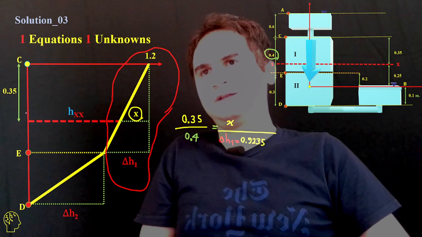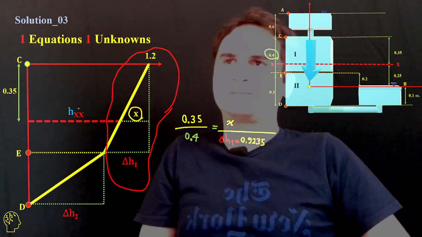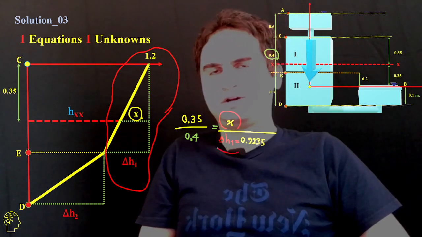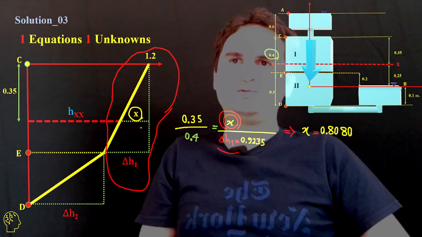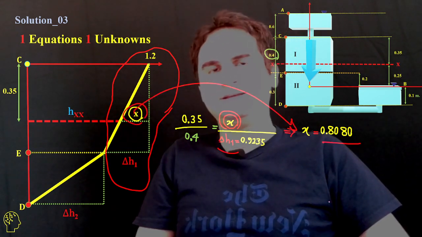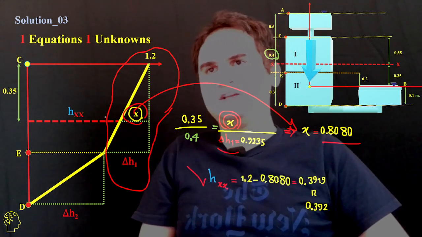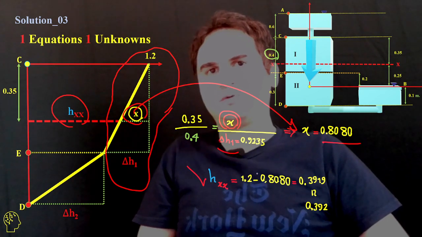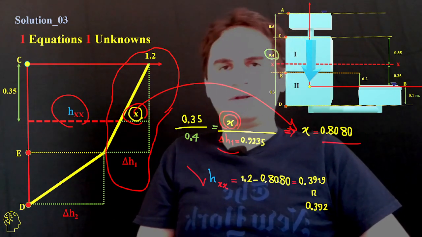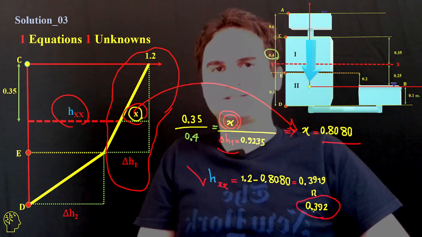This time, 35.35 over 0.4 is equal to x over delta H1. As soon as you do that, it gives you what x is, and x is equal to 80. And if you calculate hxx, which is 1 minus 80, 0.808, it gives you almost the same value,